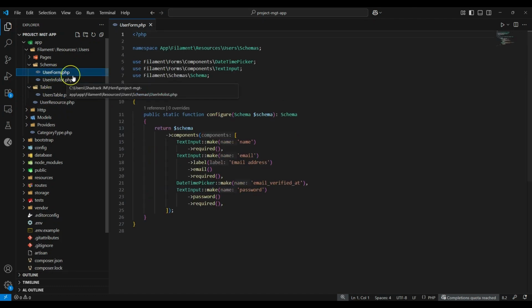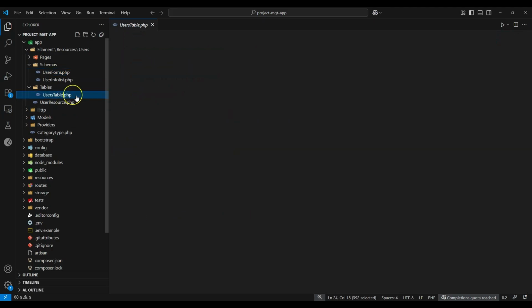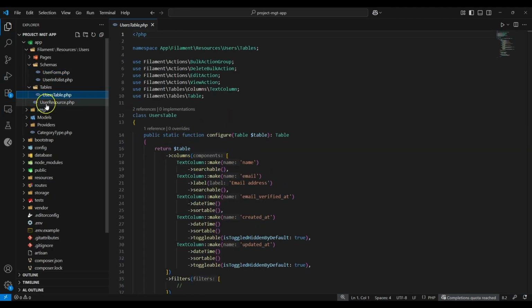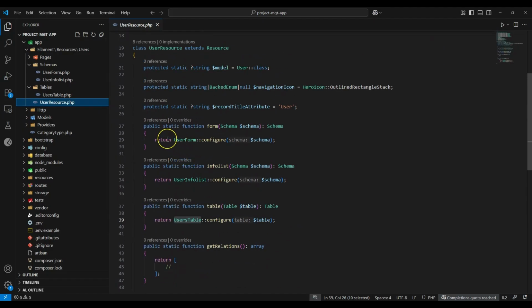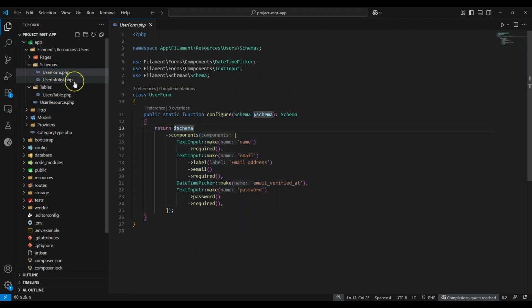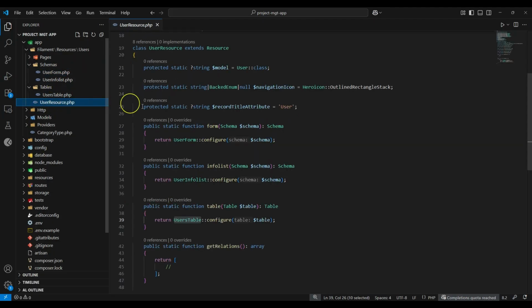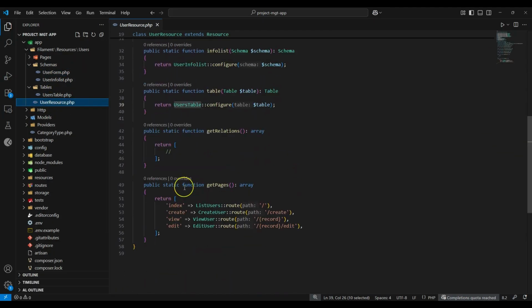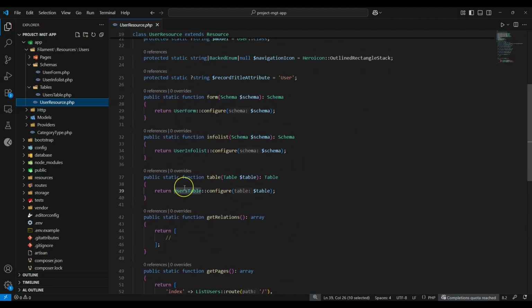Okay, so on user form, this is what you are supposed to pass down here on your user resource. So this was supposed to be here, but in Filament version 4, that was the update. So we've separated the concerns. This is cool, and it makes your resource very clean. As you can see here, only the required things remain. From my side, I'd say this is very cool, and it makes your code easier to manage and even